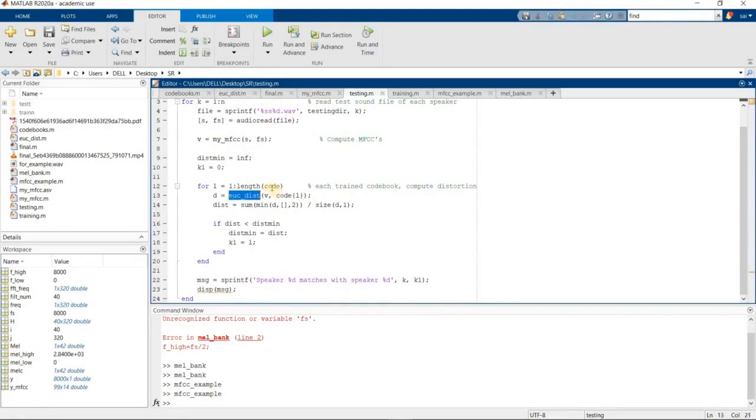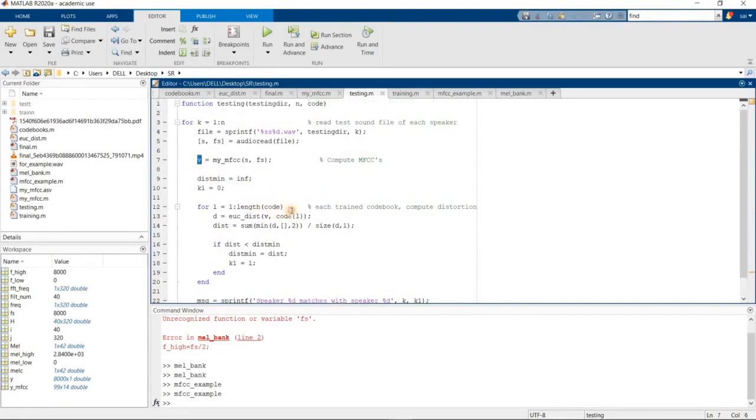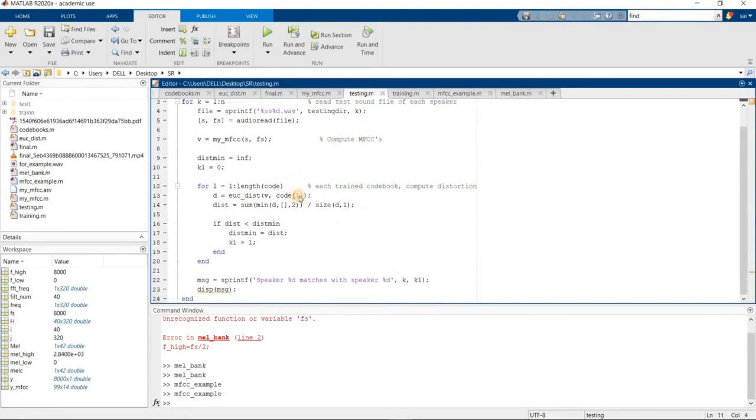Then we find the Euclidean distance between the testing vector and every training vector in the form of the codebook. So from here, we first find the minimum of the Euclidean distance and then the distortion. So from here we get the closest cluster to the given test input from the training vectors.